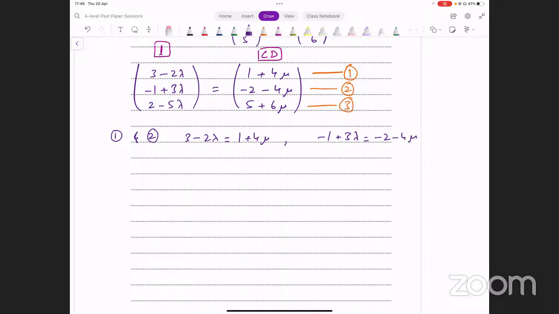We can use substitution or elimination, whatever you prefer, it doesn't matter. So one possibility could be, अगर first equation से अगर mu को subject बना लो, in fact अगर मैं 4 mu यहाँ पे लिखूँ, 4 mu क्या हो जाएगा? 1 will go to the other side, and that's going to be 3 - 1, and that's 2. 2 - 2 lambda